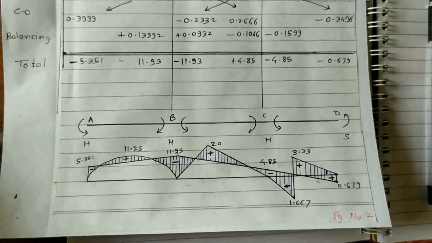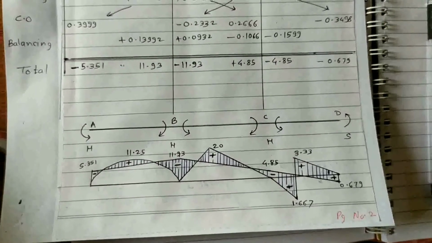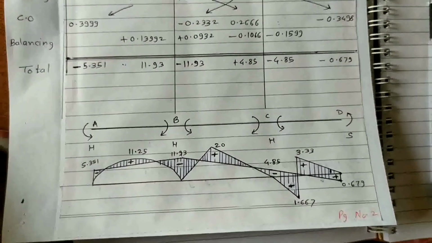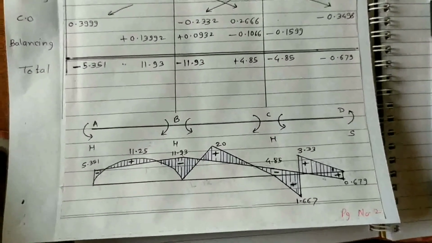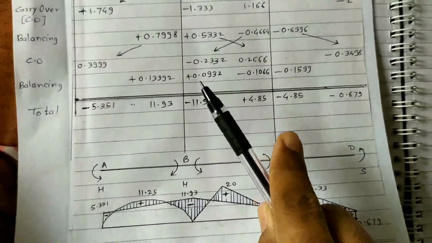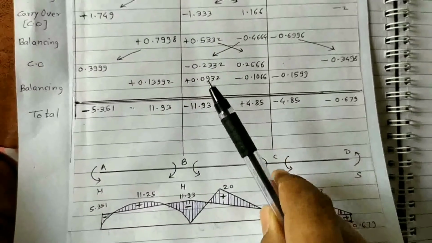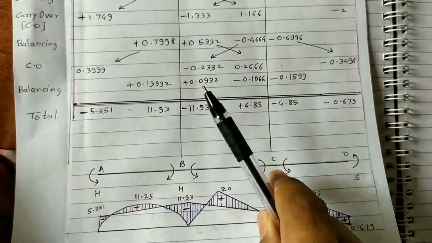For such type of examples, that is for never ending examples, you can stop the solution after doing 2 to 3 iterations, or when you are getting a smaller value like this, that is here we got a 0.0 value. So here we are getting a smaller value, so after this stage you can stop. Or